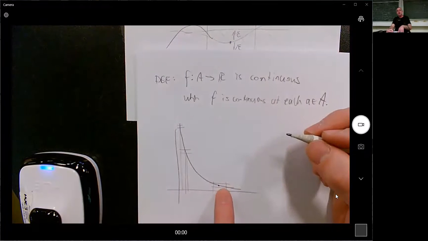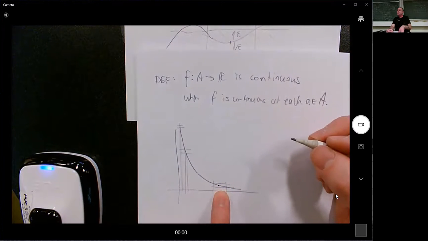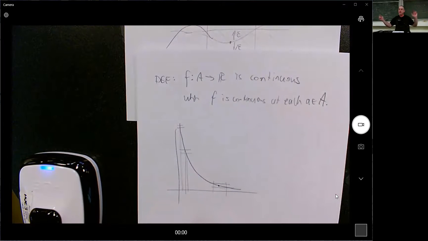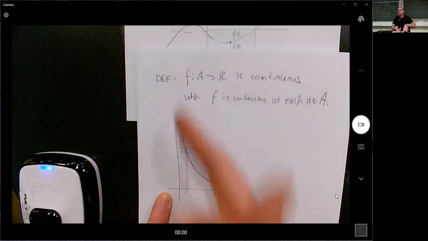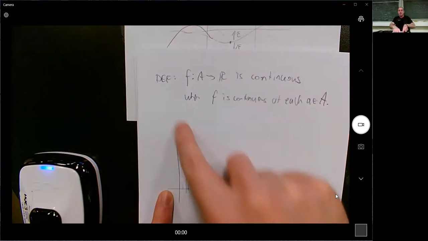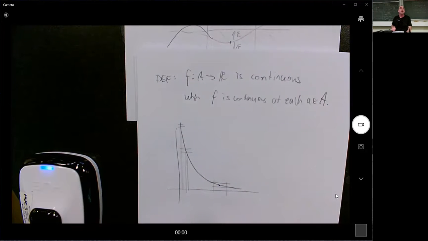And so this one is quite a relaxed size delta. It's all very luxurious. I can use as much space as I want. And this one, it's a little less. This one's more stringent. And so for a specific epsilon, the delta you need to get within epsilon of the function value is less and less as you get closer to 0 for this function. And that tends to happen for functions that have an essential discontinuity here, that have a limit going to infinity at this spot. Pretty sure there's a proof that says if a function's bounded, then it's fine. So just pointing that out,